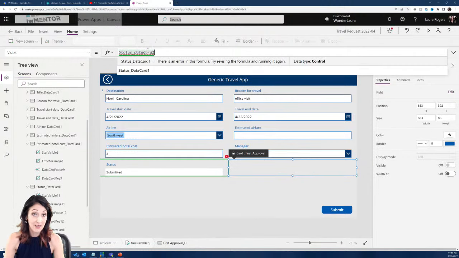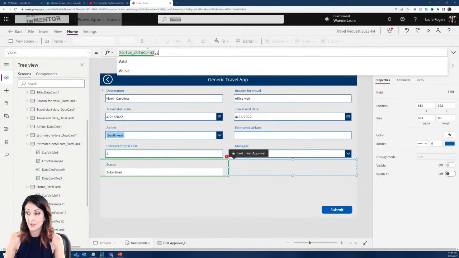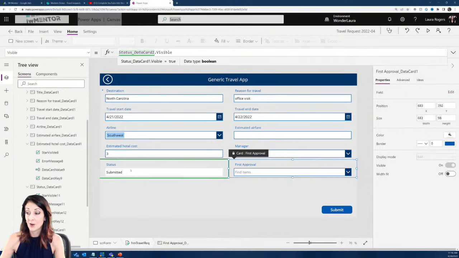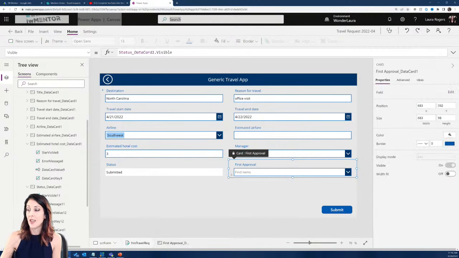I'm just going to put the name of that other card .visible. So now if this card is visible, this other card's automatically going to be visible, so I don't have to do that same logic over and over. So then the first approval is going to be something that I need to look at to see if